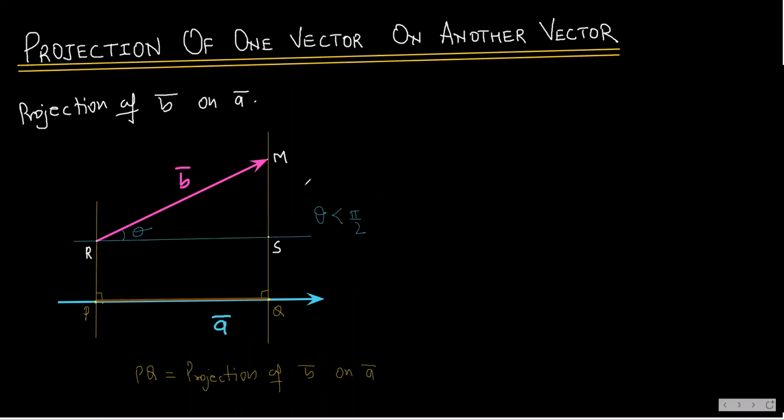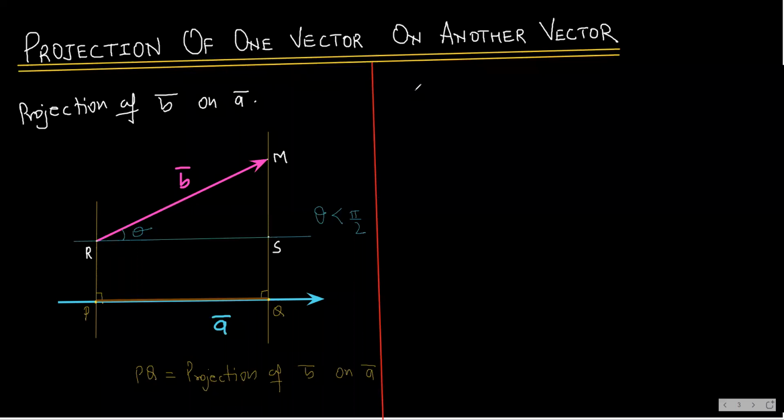So let's do the derivation of the projection of vector B bar on A bar. As is clear from the diagram, we are projecting vector B bar on A bar, and if I could succeed in finding length PQ, this vector A bar is quite bigger, but only this length PQ is the projection of vector B bar on A bar. So if I get PQ, I will get the projection of B bar on A bar. Now from the diagram, I notice that SR is the same as PQ.